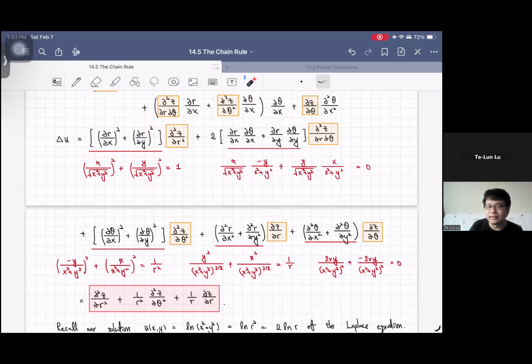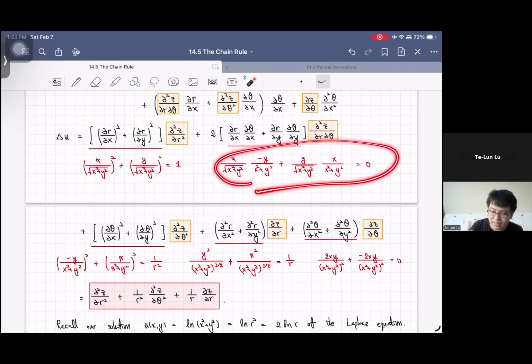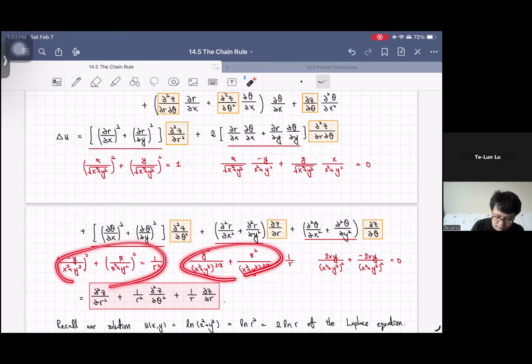And now the nice thing happens. The denominator is simply x squared plus y squared, right? The numerator is coincidentally x squared plus y squared. So that gives us 1, independent of what x and y are. And this guy vanishes due to the asymmetrical property of the differentiation of theta. And the same thing happens here. It's also 0. And we can do the semi-algebra for the rest of the two terms, which gives us this